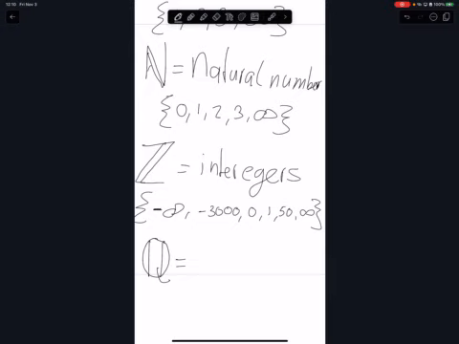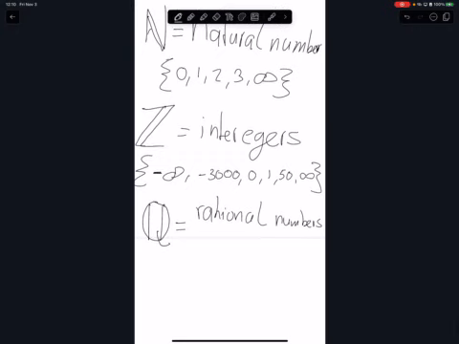And a good name for fractions in the mathematical term is called rational numbers. The rational numbers. Technically, they are fractions. Technically. Now, why do I say technically? Because rational numbers